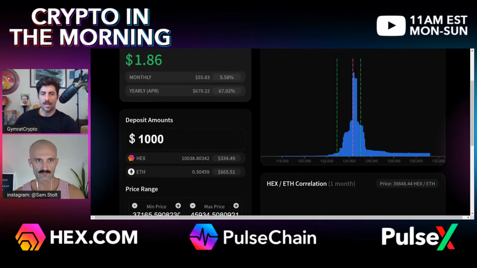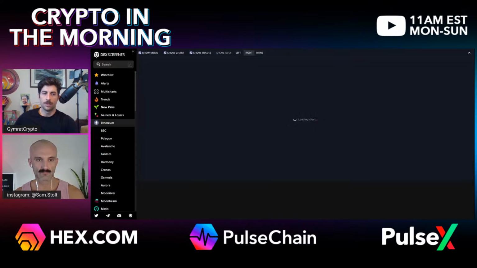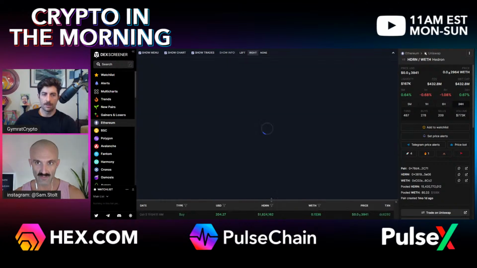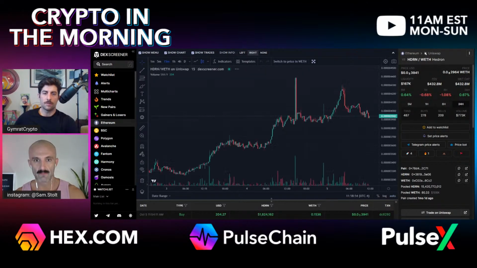And that's what I see a lot of in crypto, because this really reflects the chart. If you get really good at this, you can look at the chart and see the liquidity pool in your head, because it's just those resistance lines, right? And you can kind of extrapolate it. So whatever this asset is, I'm actually pulling it up in Dex Screener right now. Once you get good at looking at the charts, and I'm not talking about drawing triangles, I don't draw triangles, and I'm never going to draw your stupid triangles to tell you it's going to go up or down. I could just tell you it's going to go up or down.